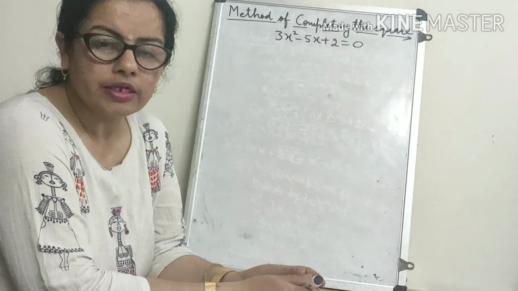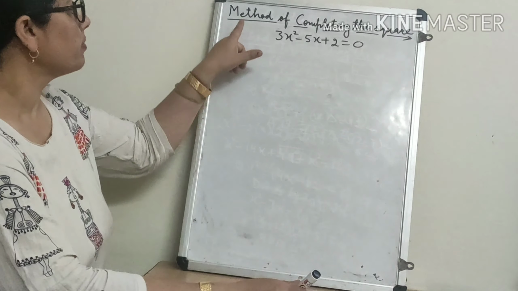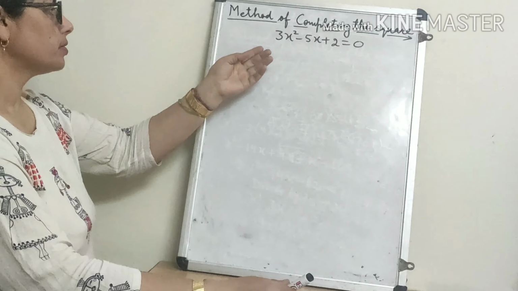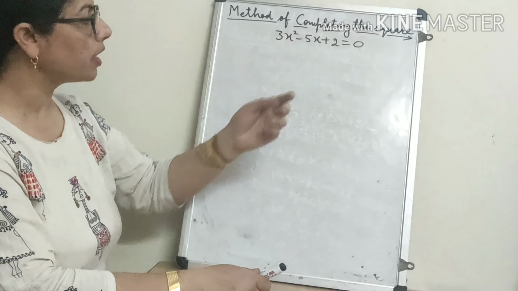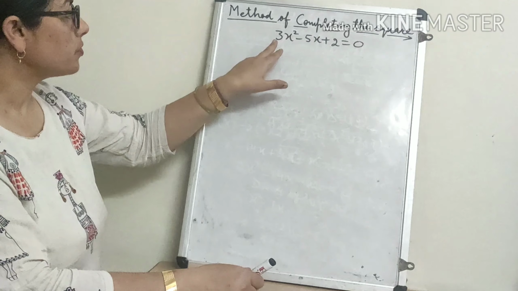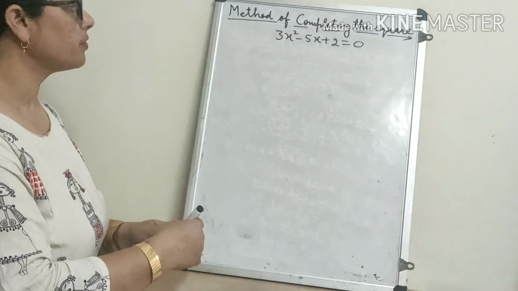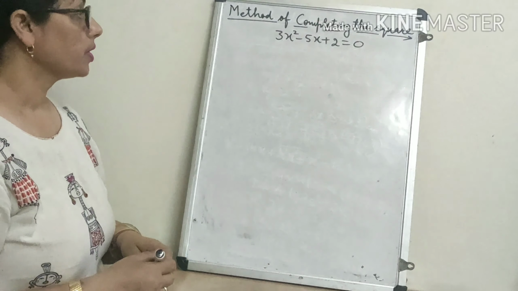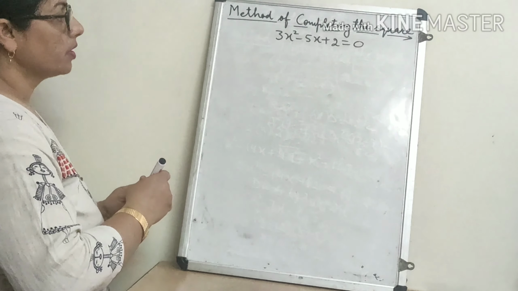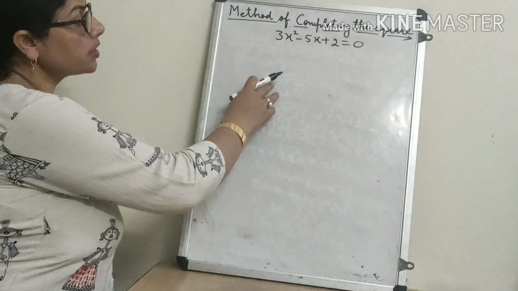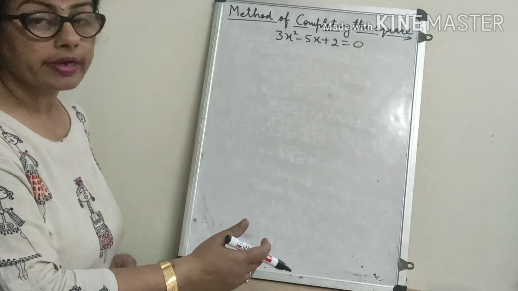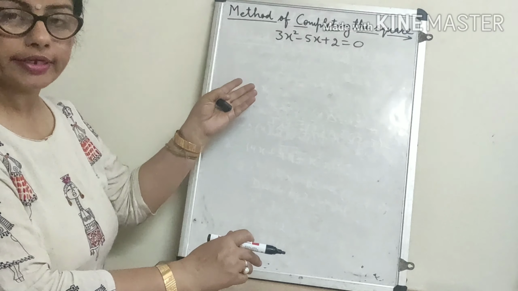And now we are starting the second new method, that is the method of completing the square. In this method I will tell you with the help of an example. Let us consider this is our equation and we want to find the roots of the equation by this method. How will we find? In this also there are two ways to use this method, but which is easier, that I am telling you first.